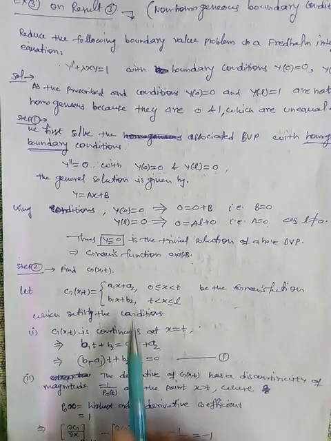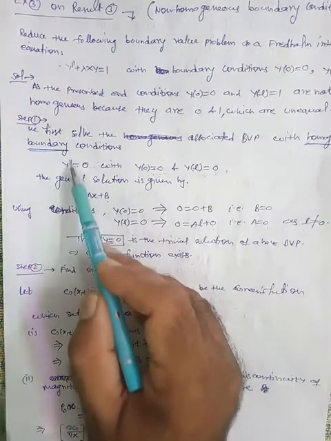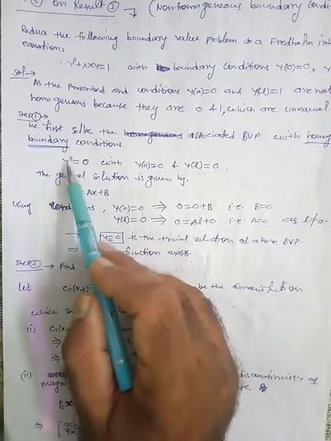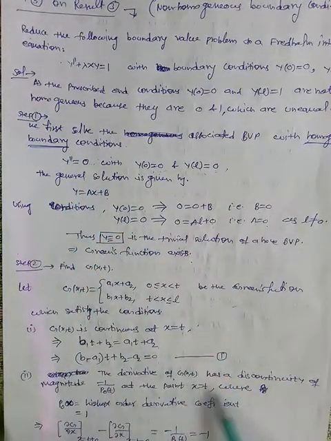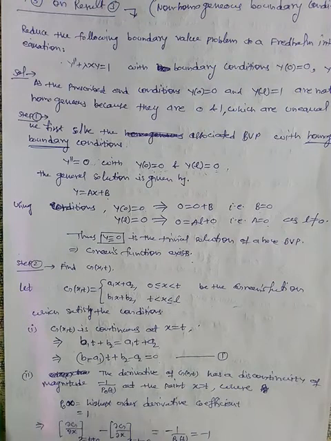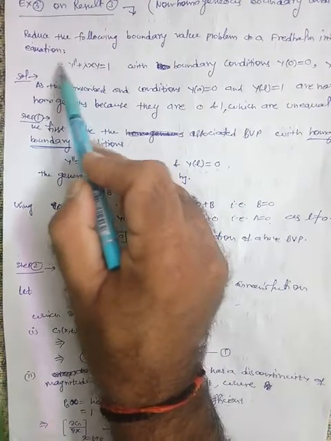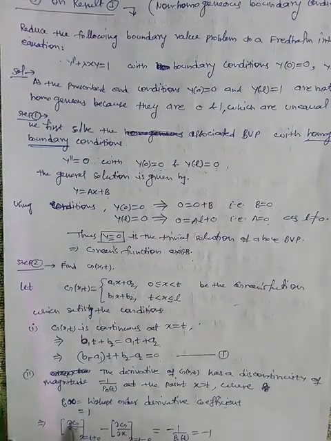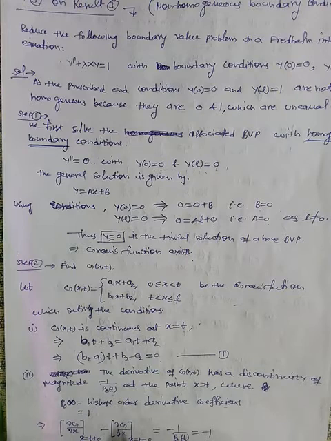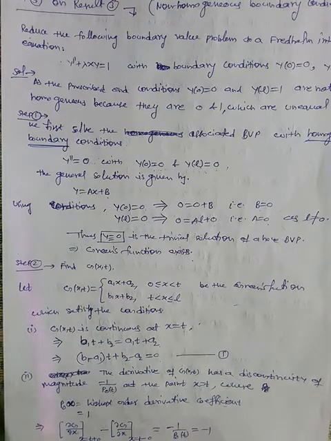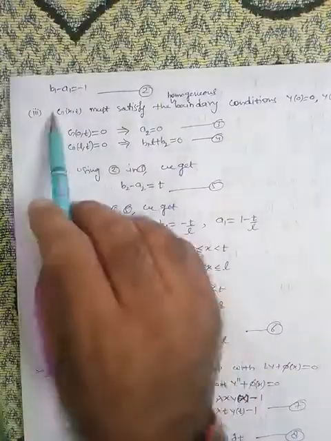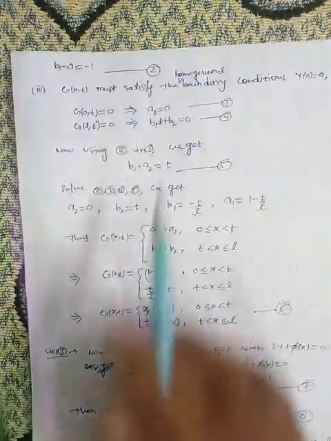Second is the first order derivative, because the highest order derivative is 2, so its n minus 1th derivative, that means first order applies. So the derivative of g(x,t) has a discontinuity of magnitude minus 1 upon p naught t, where p naught t is the highest order derivative coefficient, which is nothing but 1 here. Coefficient of highest order derivative is 1, so that's why 1. So we have del g by del x at x equal to t plus 0 minus del g by del x at x equal to t minus 0 is minus 1 upon p naught t, which is minus 1. Okay, so now substitute this value, so we get b1 minus a1 is minus 1. Fine, this is equation number 2.